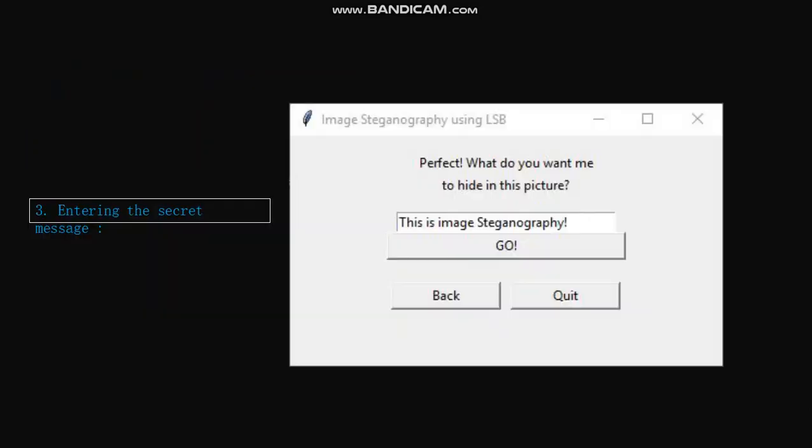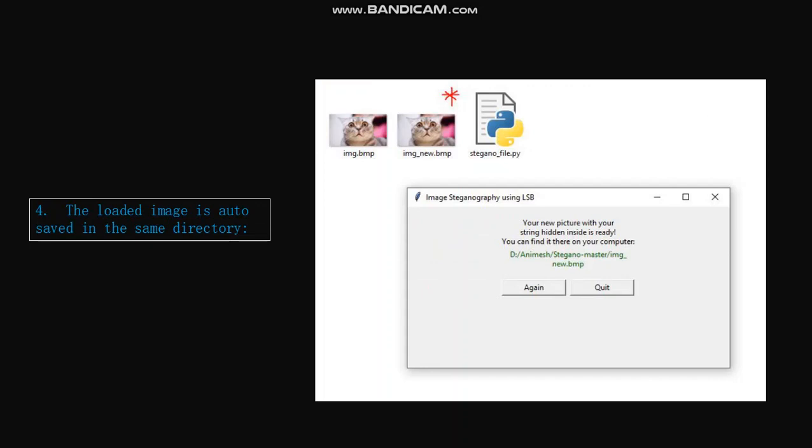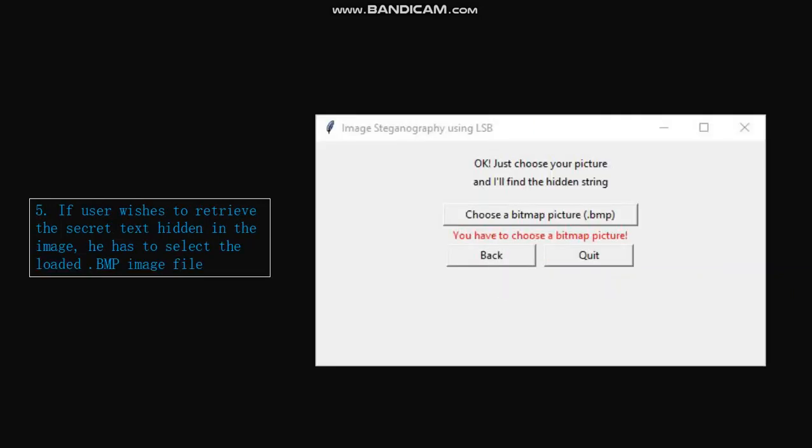Now a pop-up will come to enter the secret message, and here the user will enter whatever he or she wants to hide. The loaded image is automatically saved in the same directory which you have selected, as you can see in this image. If the user wishes to retrieve the secret text hidden in the image, he has to select the loaded .bmp image file again.